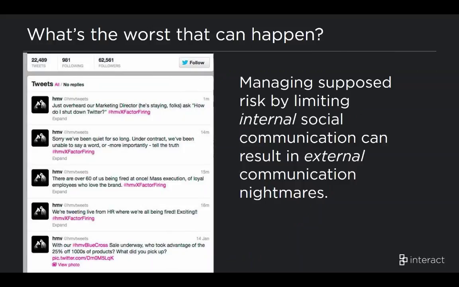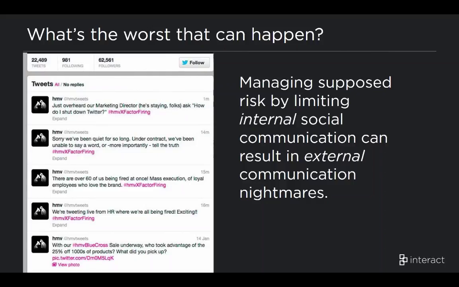So this was an organization in Europe, I believe, that was having some tough times, and the organization was going to shut its doors, and they did not have an internal communication strategy. They did not have a forum for employees to make their voices heard. So the employees, disgruntled as they were that they were losing their jobs, took to Twitter and hacked the company's Twitter account and decided to tweet for everyone to hear what's been going on within their organization. So this went out to all of their followers. 62,000 people, as you can see up on the top there, were able to see that this organization was undergoing